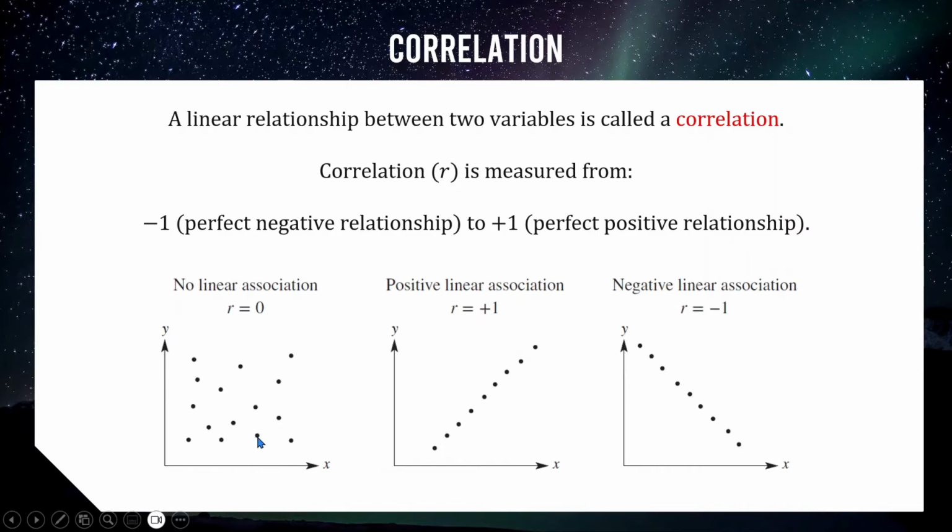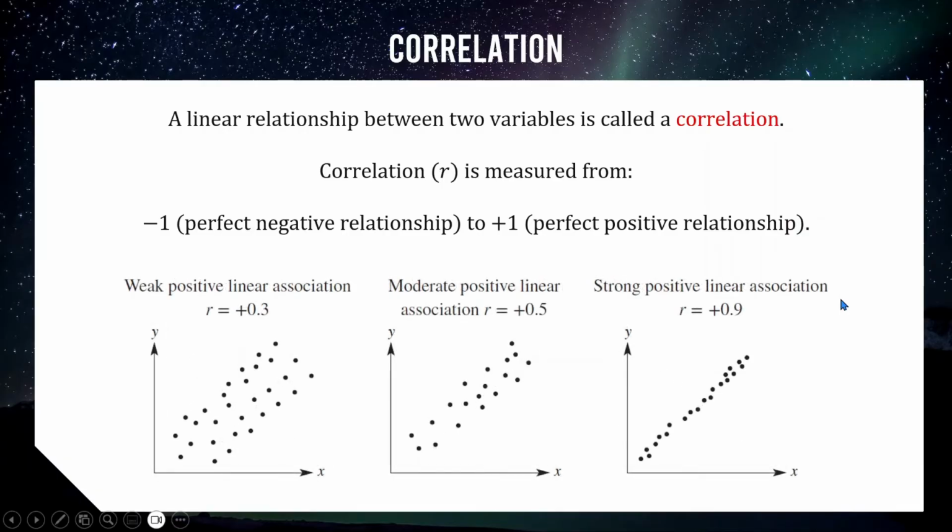Now, we're not going to be seeing these 3 very often because usually correlations on scatter plots look more like these, where we're ranging between 0 and 1 or 0 and -1, depending on the strength of the relationship. So if you can see a bit of a linear trend, but the dots are pretty spread out, it indicates that you've got a weak linear association and your R value would be closer to 0 than it is to 1. If you're starting to see a pretty clear trend, it means your R value is closer to around the